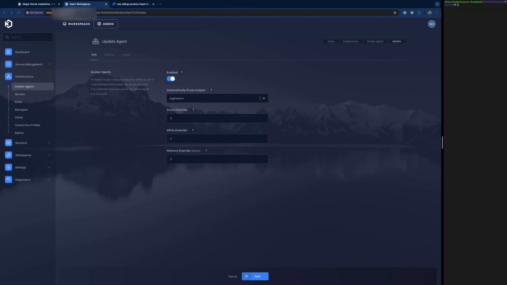So best practice here, when you have agents with high physical CPU core counts, it makes more sense to override the CPU core count, especially if the system has high RAM to CPU ratio. The default setting of 1-to-1 is very conservative. We often suggest starting with a 2-to-1 or 4-to-1 oversubscription ratio for your CPU cores. For RAM, we don't really recommend oversubscribing it. Keeping that 1-to-1 is ideal.